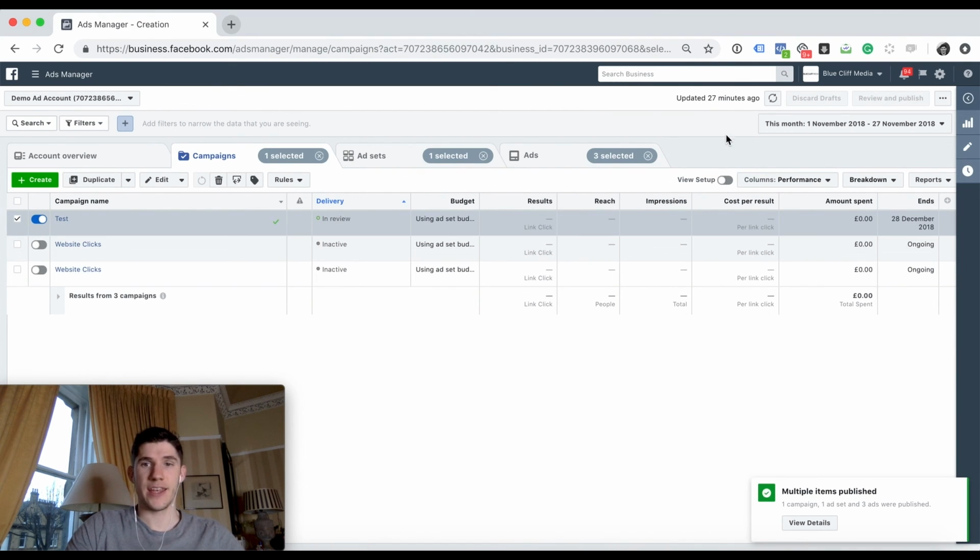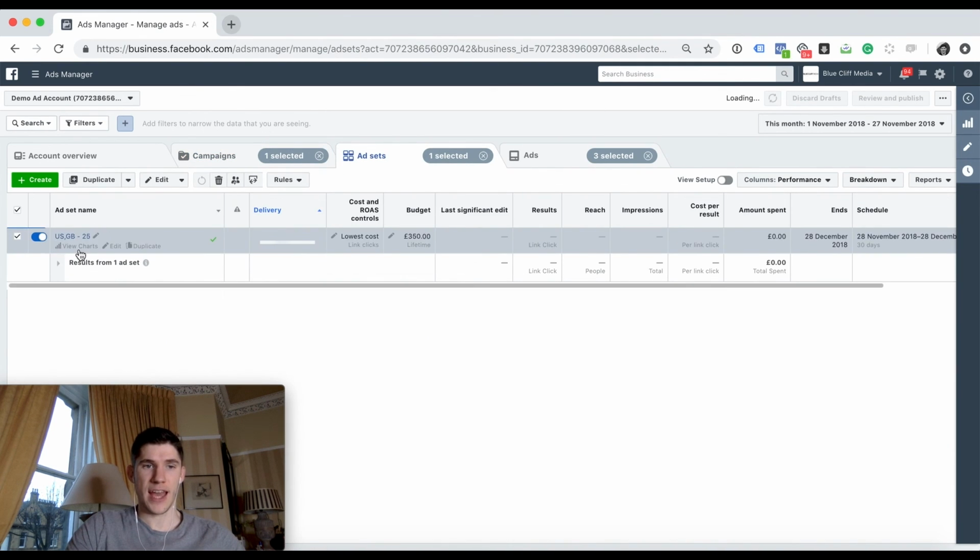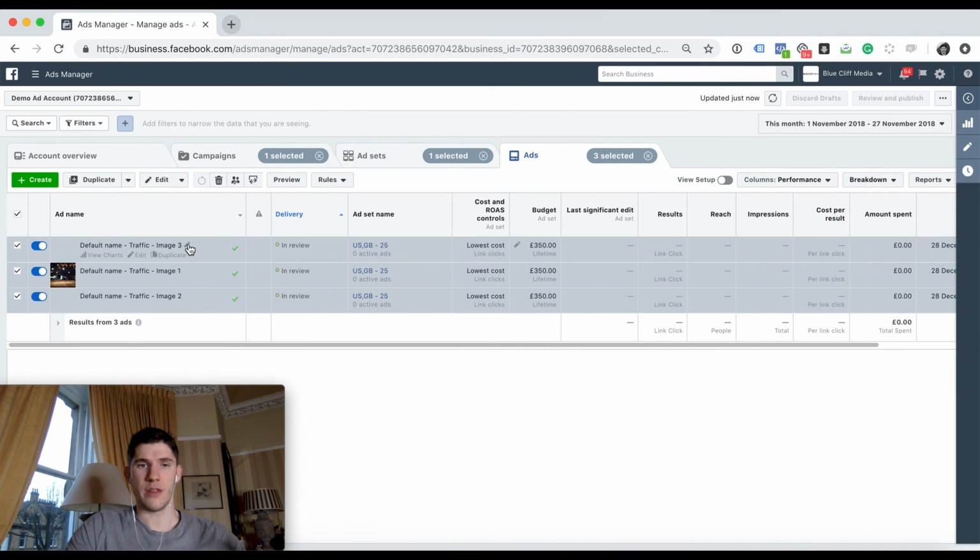Okay, now that ad has been published, you can see here in delivery it says that it's in review. But this is essentially a walkthrough of what we've created. So here's the campaign. You can see the tabs along the top. If I click on the campaign, we then get the ad set that we created, which was the people that liked books, 25-year-olds in the US and the UK, also liked football. And if we click on there, we can see the 3 ads that we created with the different images, but